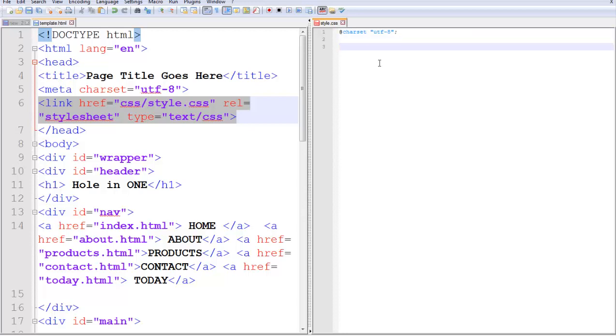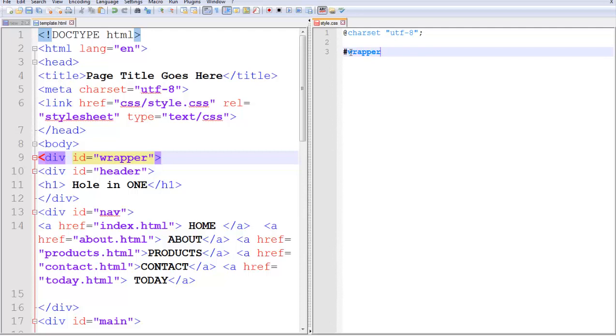So after that, we start typing in our styles. Now, I've indicated that our page is going to be 960 pixels. So that means the wrapper is what's going to control that. Now, we name our wrapper by using the ID attribute. So when we indicate that we want to apply a style to the ID, we have to start off with a hashtag followed by the name of the ID that you incorporated. So I say hashtag wrapper,